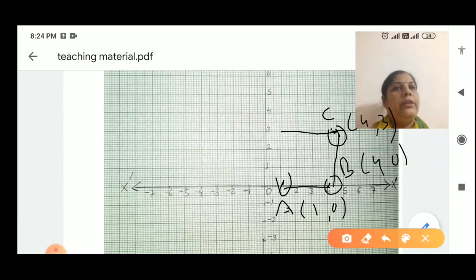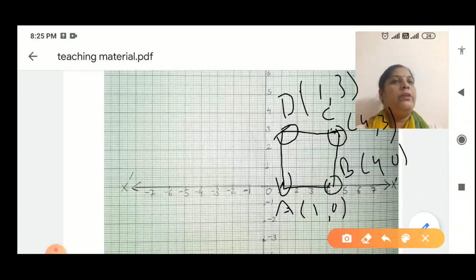here. Till here you have to go and just see, your point A, from this if you take the line upward, then you will get a square. So this will be your point D and the coordinates of this point will be (1, 3). (1, 3), because on the x-axis it is 1 and on the y-axis it went up to 3, so (1, 3). So like this you will get the square and you will get the point D and the coordinates of point D. Write the answer on the lining page also.